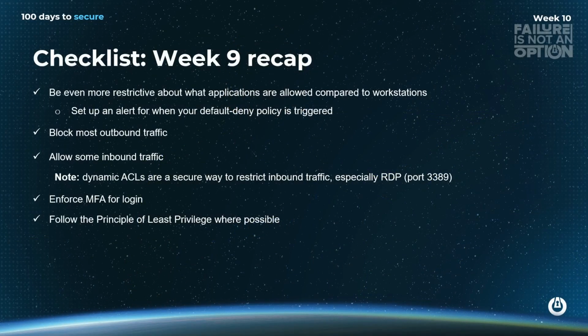Last week we talked about blocking outbound traffic. Essentially, just a reminder: if you have servers at this point, definitely in your guinea pigs environment and starting to be into your live environment, you should be blocking all outbound traffic where feasible, except that which is needed. The gotchas are Duo, and apparently the ThreatLocker tray as well, which is soon to be fixed. ThreatLocker itself would be fine, but that little pop-up can't actually talk to the internet if you block outbound traffic. So if you've got any of those processes, you can exclude those. Inbound traffic, we were talking about allowing inbound traffic only where needed and using dynamic ACLs.